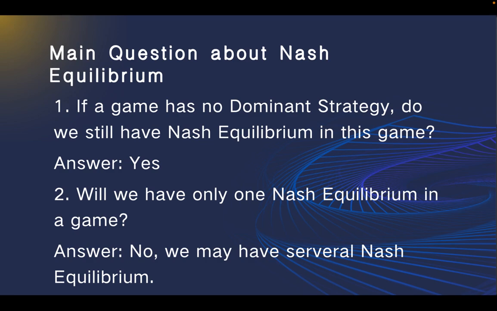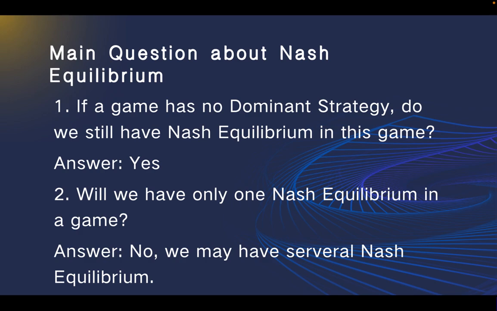And we already know how to find the Nash equilibrium. In some situations, there are some questions about Nash equilibrium. So the first one is, if a game has no dominant strategy, do we still have a Nash equilibrium in this game? To explain the scenario, let's imagine that